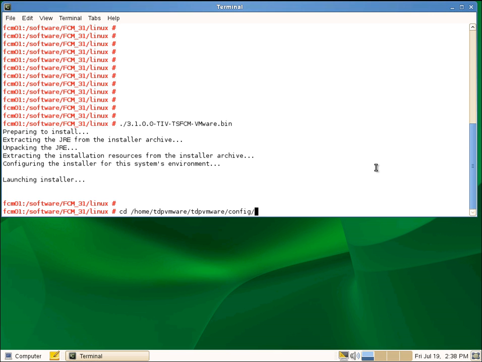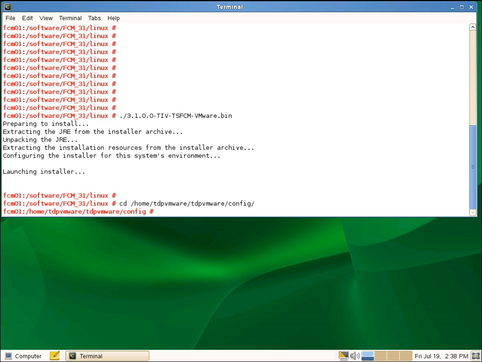Before I run through the configuration wizard, I will create a specific file, an FCT file, which contains the source and target volumes which will be flash copied. I am using IBM SAN Volume Controller as my underlying disk subsystem here. In order to create this file, I'm changing into home/tdp_vmware/config, and here I am using my favorite editor,